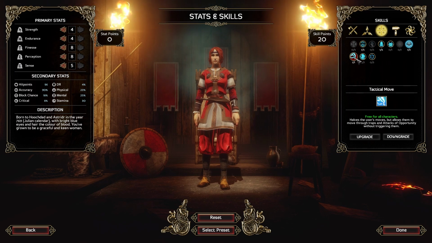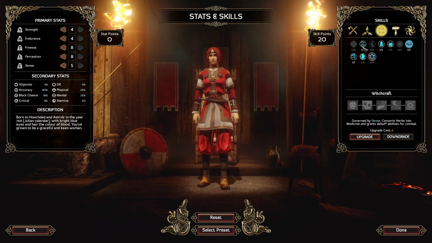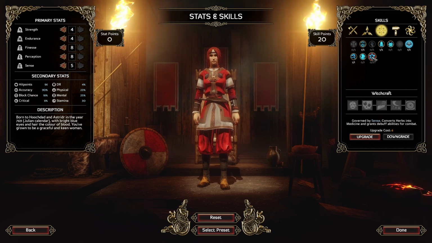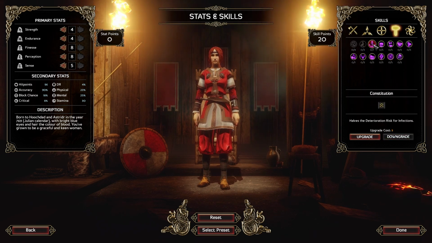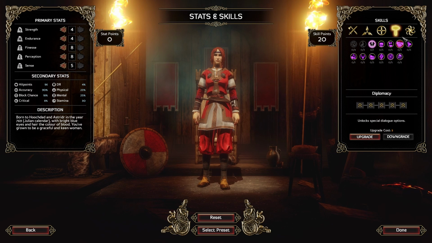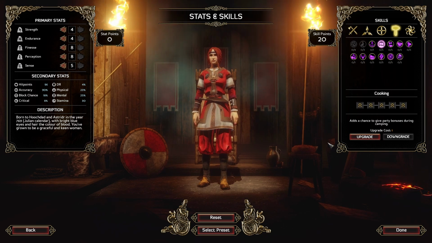Tactical move. Free for all character. Okay, we have it. Taunt. No, we're not a tank. We don't taunt. Witchcraft. Well, we're not a witch. But that would be good to be some kind of... let's be careful now. Don't waste everything. Halves the deterioration risk for infections. Cooking. Oh, it only costs one, so...